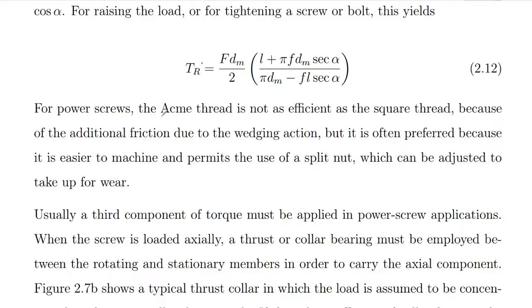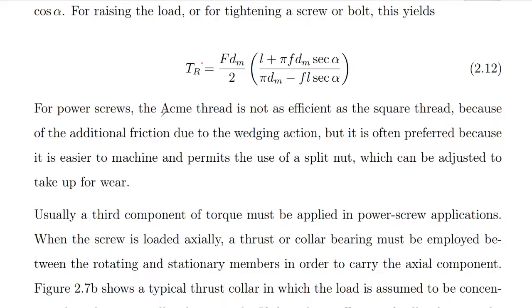Okay, so though the square thread is more efficient than the Acme thread, the Acme thread is often preferred because of some other advantage, and that is because it permits the use of a split nut, where we can put two nuts or one nut which is split into two. We can use it on the Acme thread,